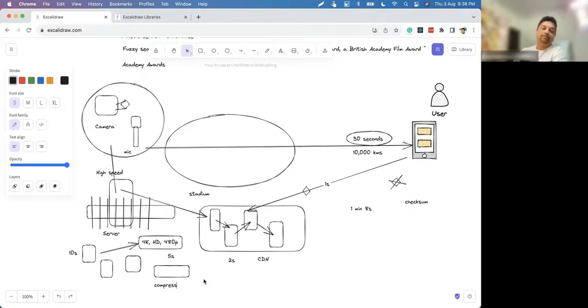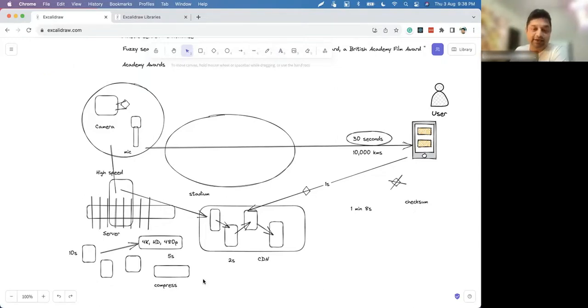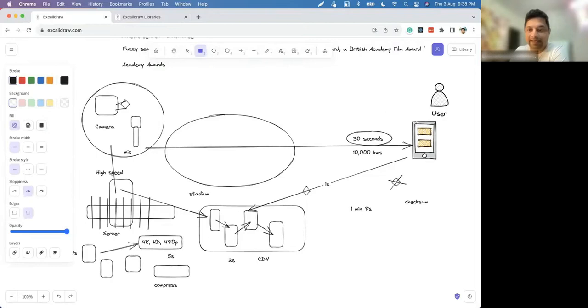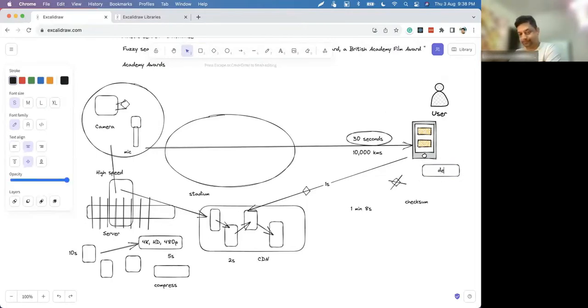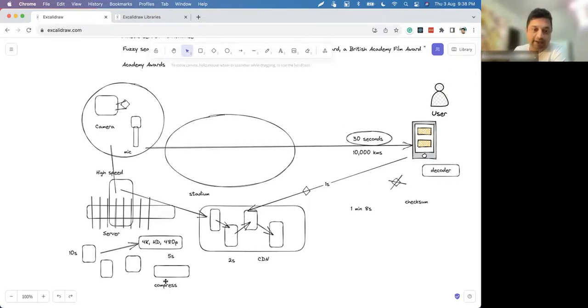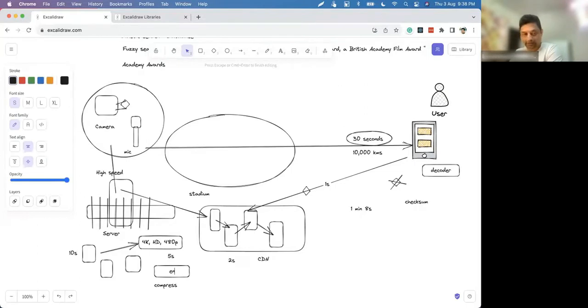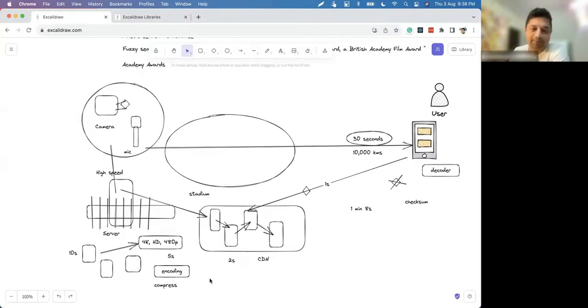Basically, you use a codec, a coder-decoder. Your player, the app, will have the decoder or decompressor. You do the compressing or encoding here. So you do video compression here.